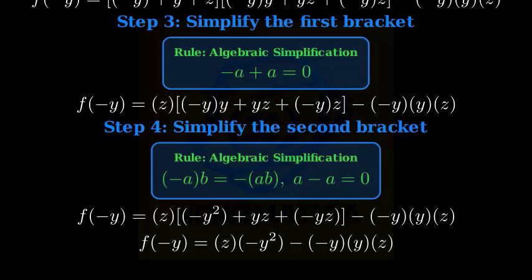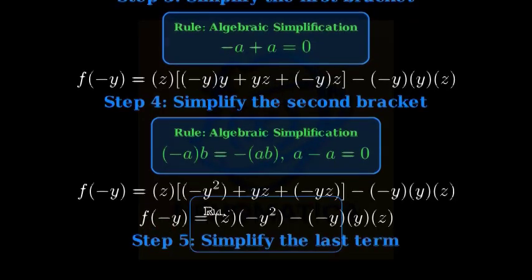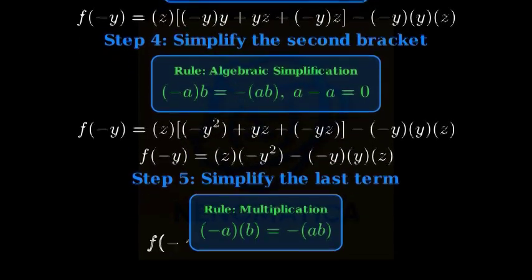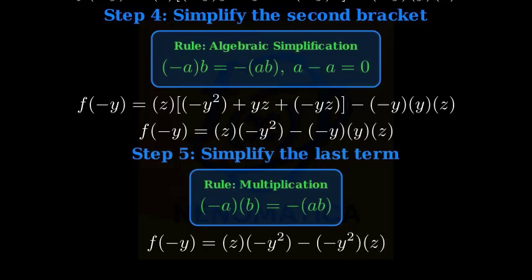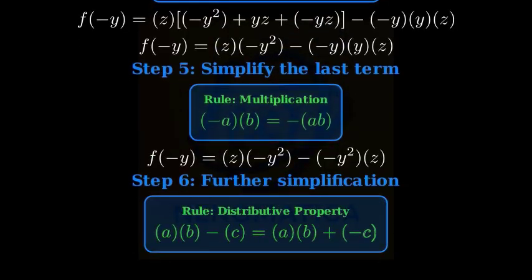So the second bracket becomes negative y squared plus yz minus yz, which simplifies to just negative y squared. For the last term, negative y times y is negative y squared, and then multiplied by z gives us negative y squared z. Continuing with our simplification, we have z times negative y squared, which is negative y squared z